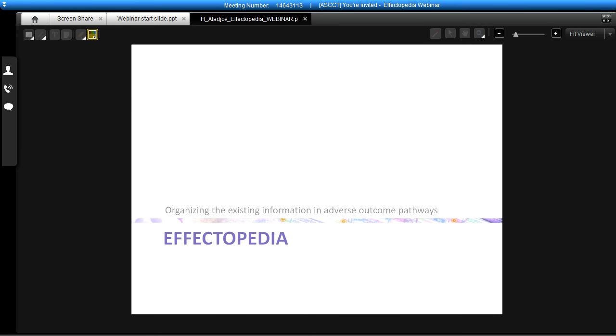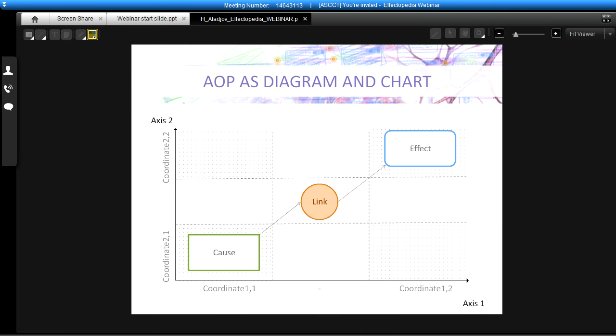Probably the core idea behind this organization is to present a pathway as a combination of a flow chart which has the cause, link, and effect. So we represent the causal linkage in this way, and also as a diagram, because this flow chart is also spread around a coordinate system. So every box in this system shows, for example, a level of biological organization or time scale, and I will show you later what possible axes we can choose. But to return back to the cause, link, effect notion,